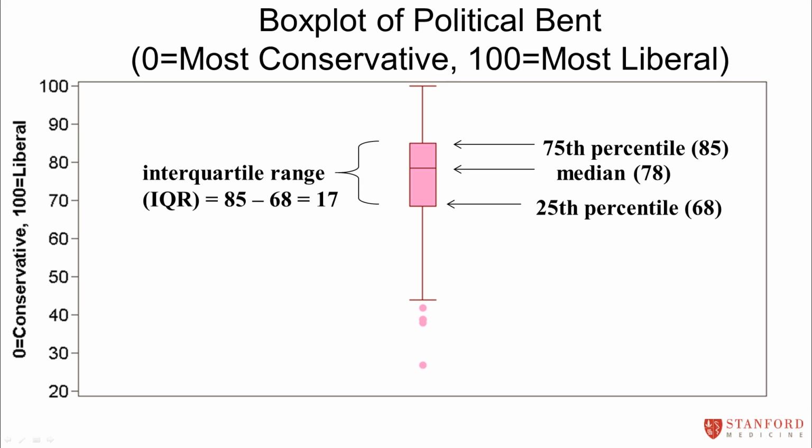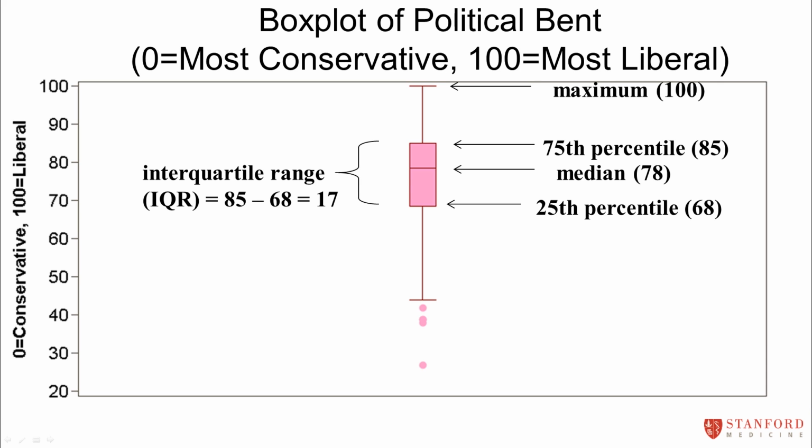So actually that's a fairly narrow range here. My students are really clustered up in that liberal range of values. Now, in terms of the whiskers here, the upper whisker occurs at the maximum possible value of 100. So one of my students said that they were 100, as liberal as it comes, and so I'm going to put the whisker there. If I were to calculate the third quartile plus 1.5 times the interquartile range, that's 85